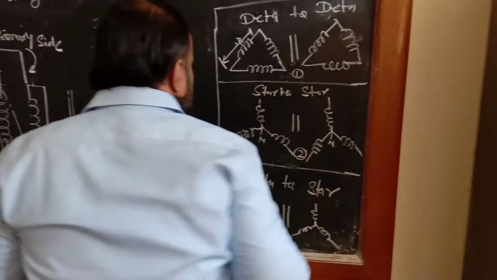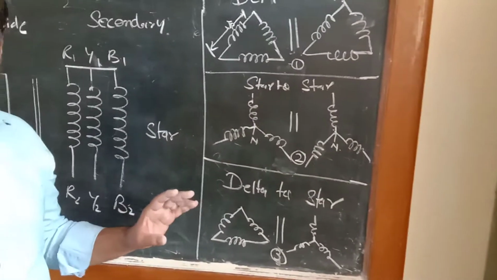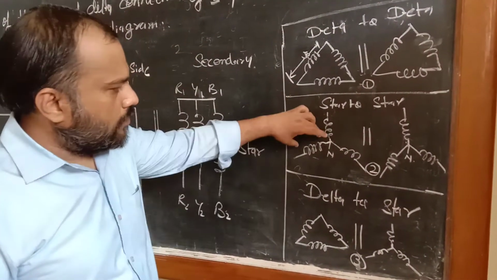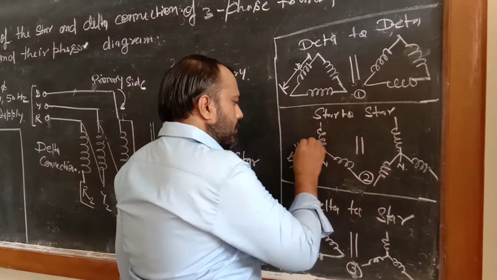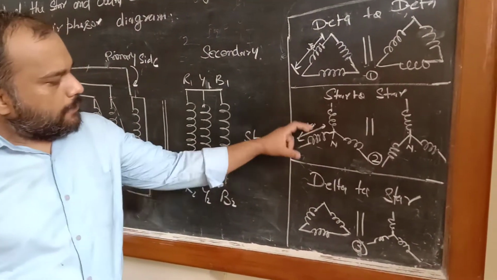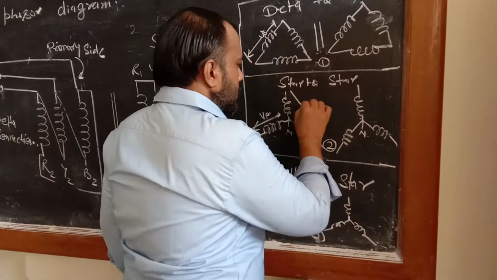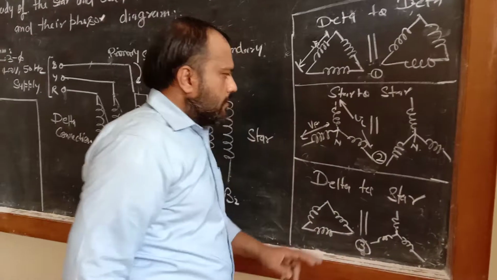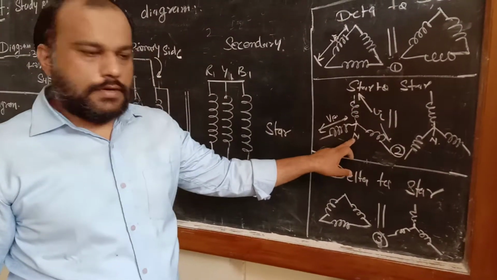In the second configuration, the connection is like this. This configuration is known as star connection. In the star connection, we can measure the phase voltage across the coil like this, Vp, and we can also measure the line voltage, which is the phase-to-phase voltage. So this is Vl, the line voltage, and this is the phase voltage. This point is known as neutral.